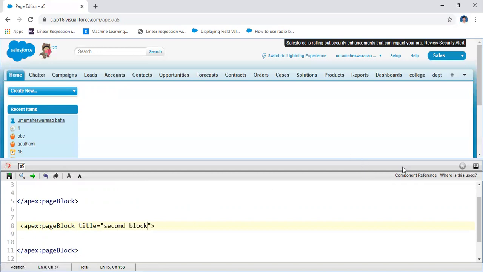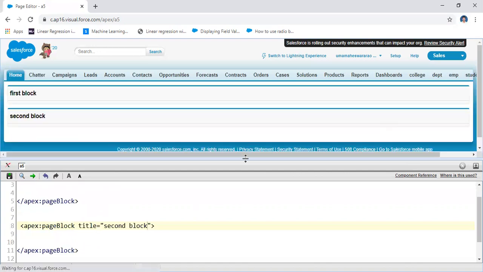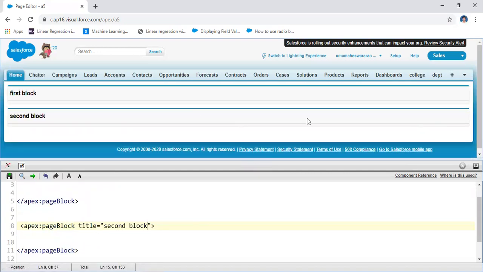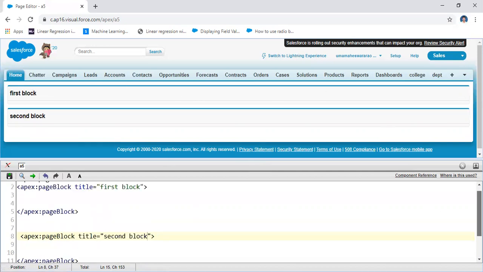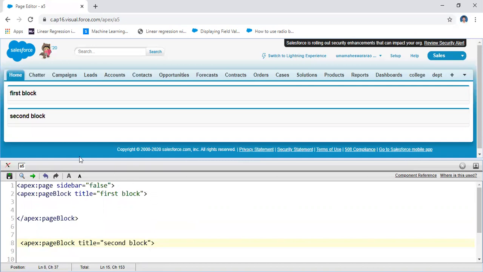You have two different blocks: first block here, second block here. The page is divided into two blocks. You may divide the page into two or three blocks. Here you may write the first title. Not only title, you have different options. For any page block you have different attributes.